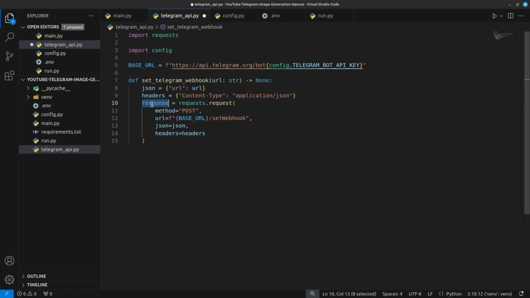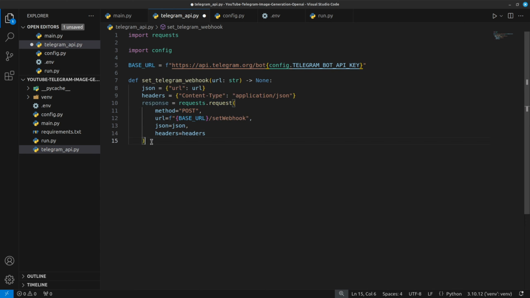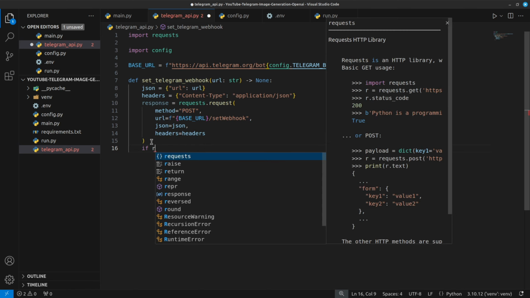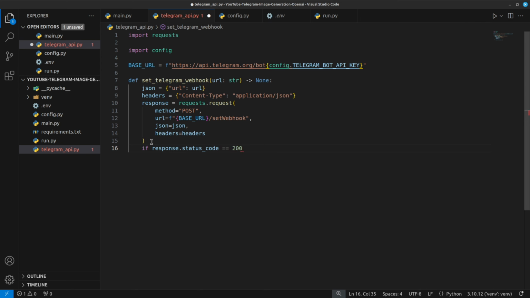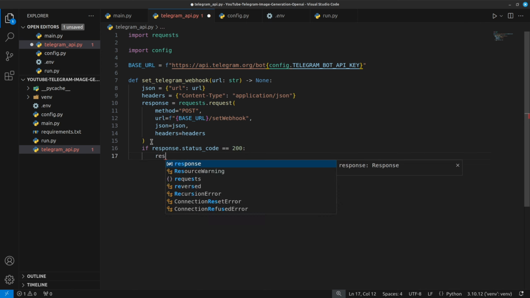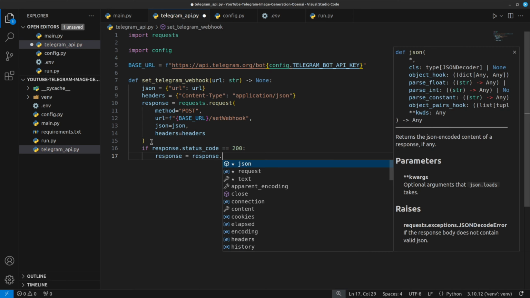So we'll receive information from this request, and let's say if the response.status_code equals 200, and let's make one more sanity check. Let's convert the response into JSON, saying response.json,